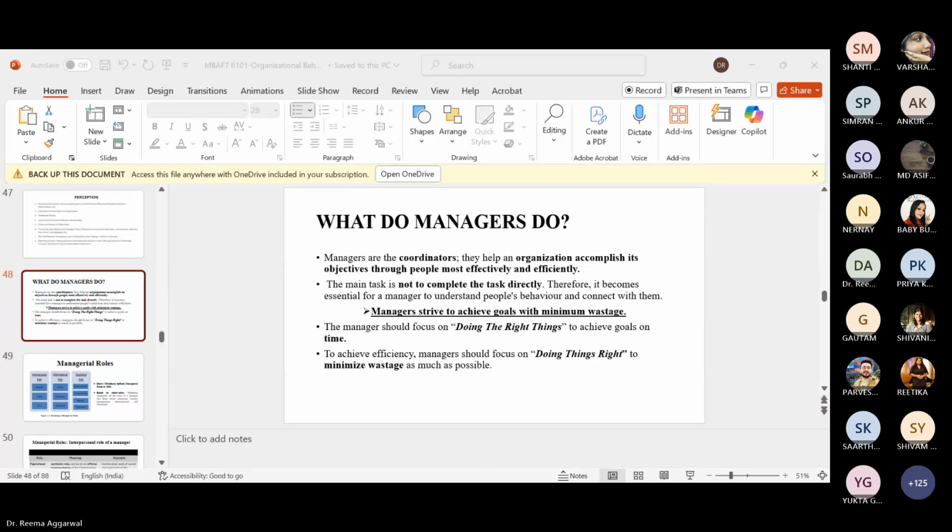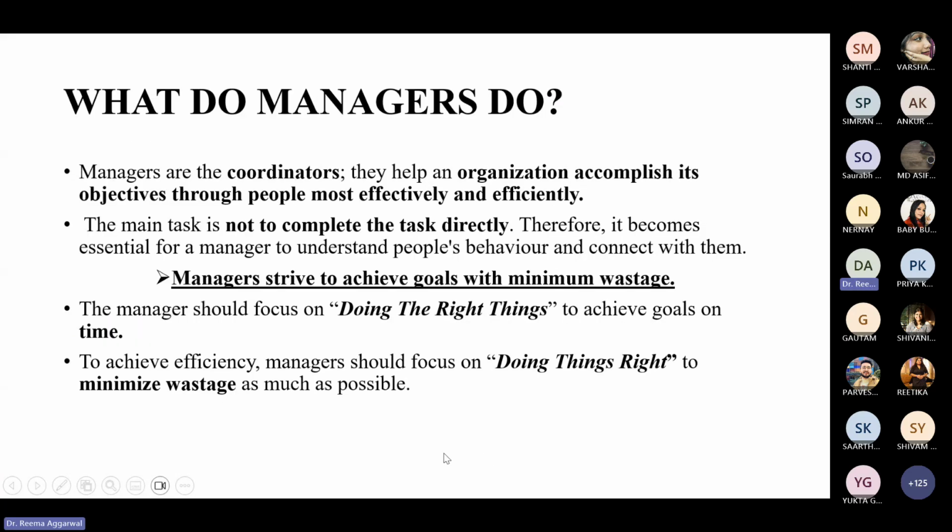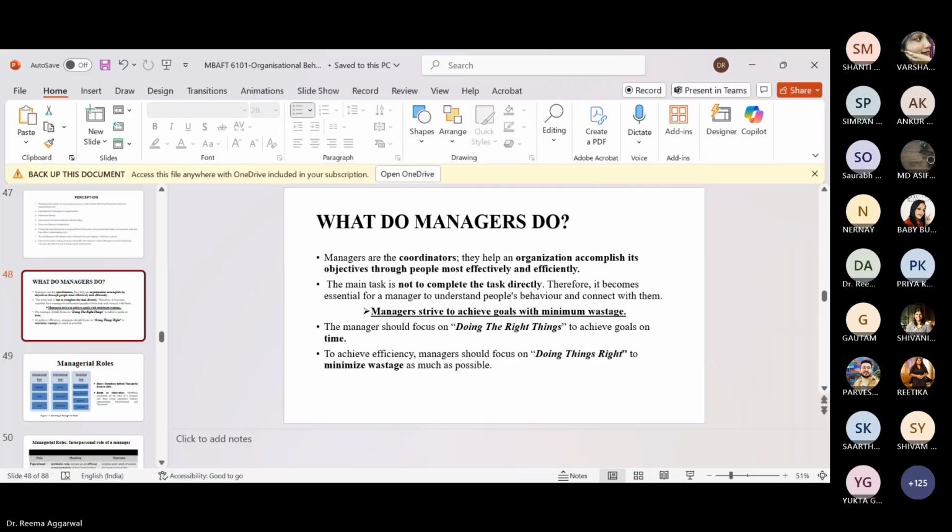Okay. I hope my slides are visible to you all. Please put it in the chat box if slides are not visible. Slides are visible? Yes or no? Put it in the chat box. Anyone could write yes. So